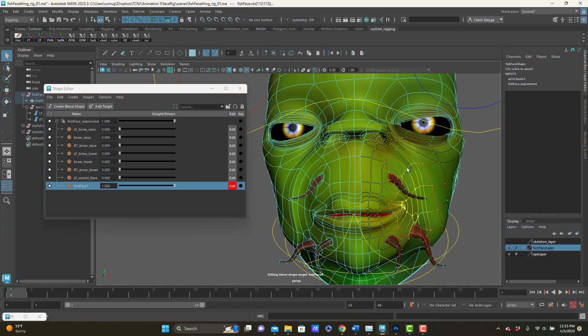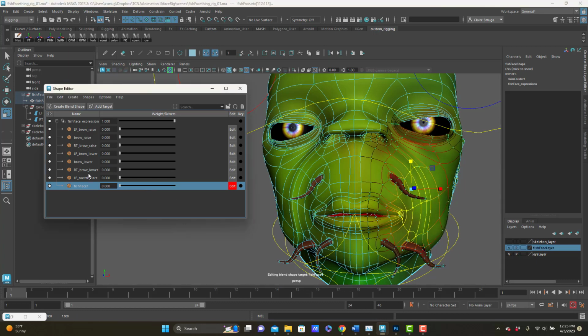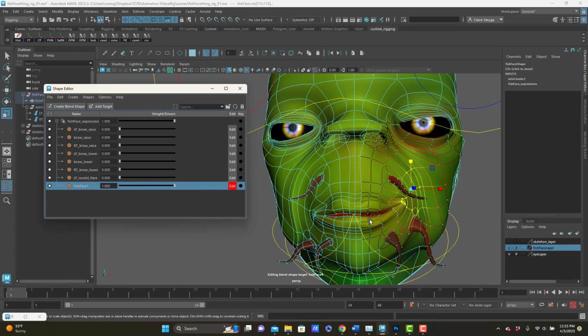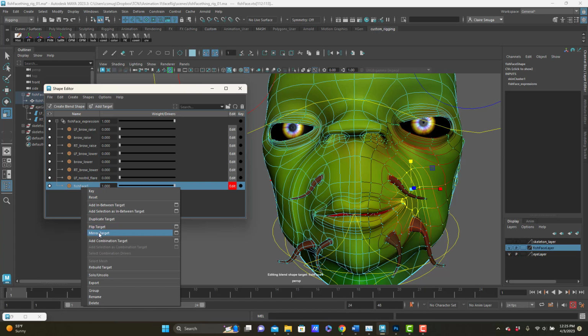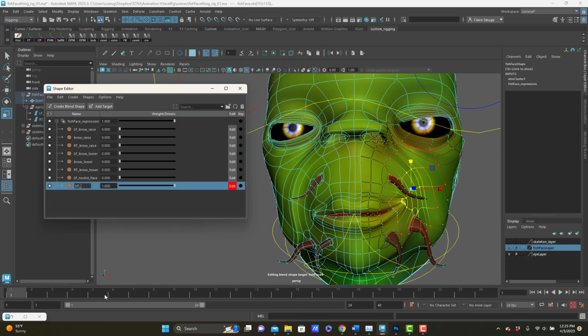So maybe I will take some of these vertices and just scale them together a little bit too, just so I can get a really good pinch there. I'm probably not doing enough motion through here, but that's going to give me an LF, let's call it just a smile, will be really